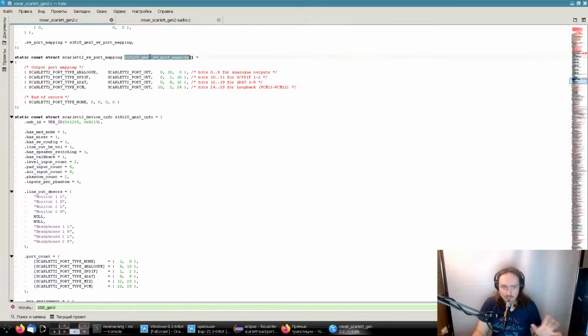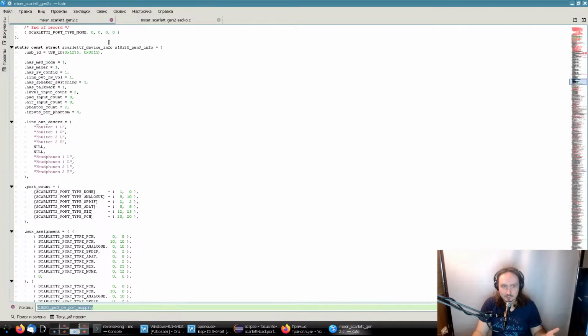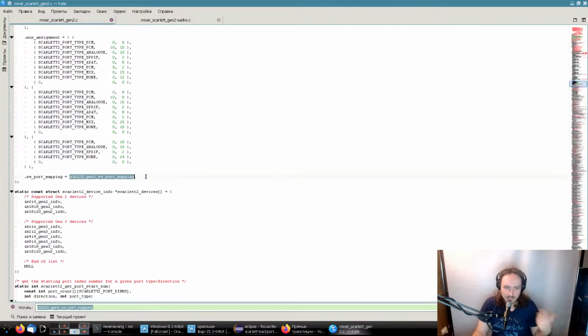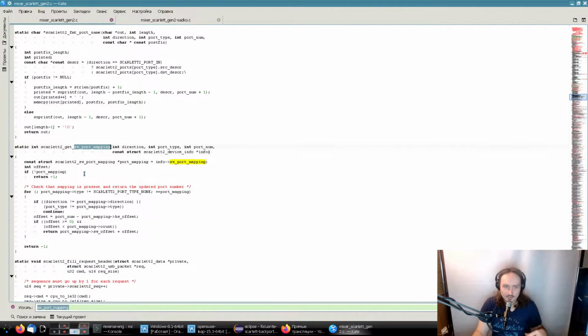And after defining this array, we store the pointer to the beginning of this array in the device infrastructure, and we can access this data structure in our functions. First of all, I have defined an additional function which allows us to get the software port mapping of some port type, some direction and some port number according to the information stored in the Scarlett 2 device info data